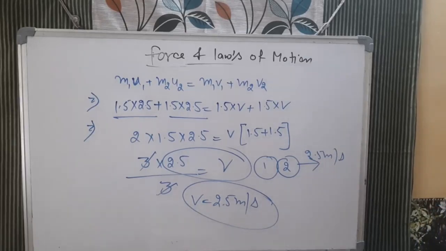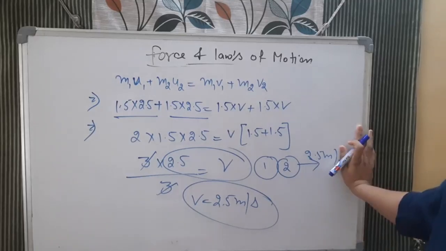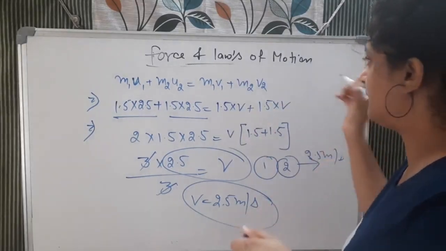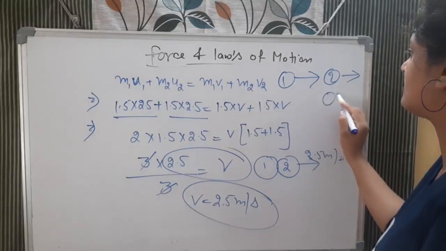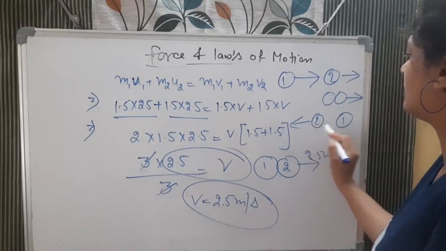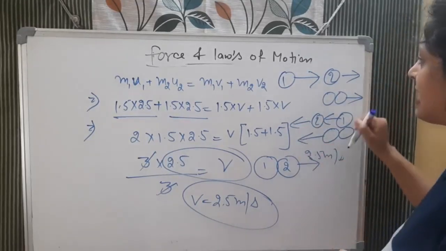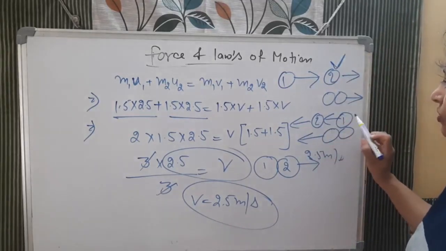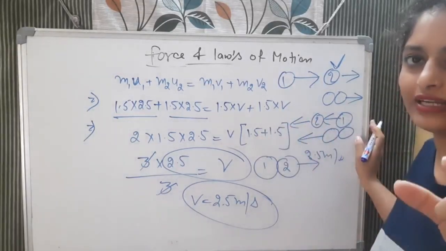Now in this chapter, when they stick together, we don't know in which direction they will move. If the question simply said that, for example, 1 is going in this direction and 2 is going in this direction, and they strike and stick together, they will go in this direction. If 1 is here and 2 is here, they will go in this direction. But this happens only when the velocity of 2 is less than the velocity of 1, because only in that case can it strike.